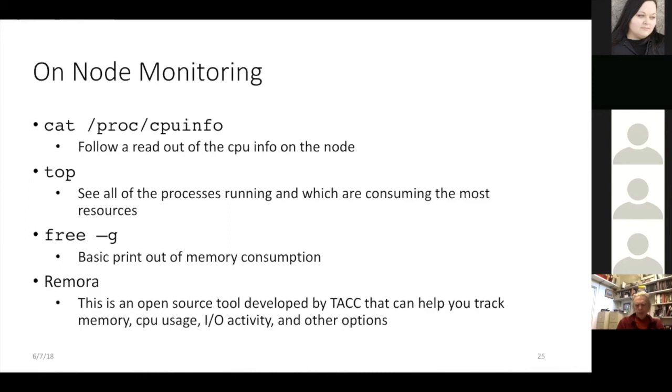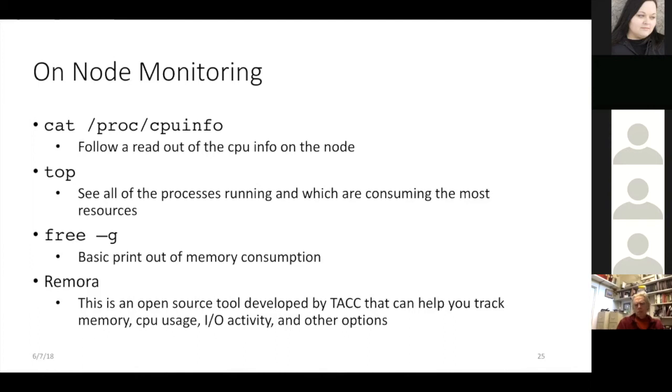We have a slightly easier to read output of all of this if you use our in-house Remora tool. This is a tool that you can attach in your job script, so your myjob.sh file. You can attach Remora, and as the job runs, it will generate output files for that job that process all of this information that all of these commands could give you.